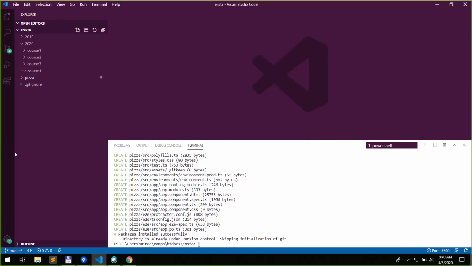Okay. So while it's installing, I'm going to talk to you a bit about Angular and why you are using Angular. Angular is a front-end framework that is used to build web apps in HTML, CSS, JavaScript, and TypeScript. Angular is written entirely in TypeScript. TypeScript is a superset of JavaScript, which means that